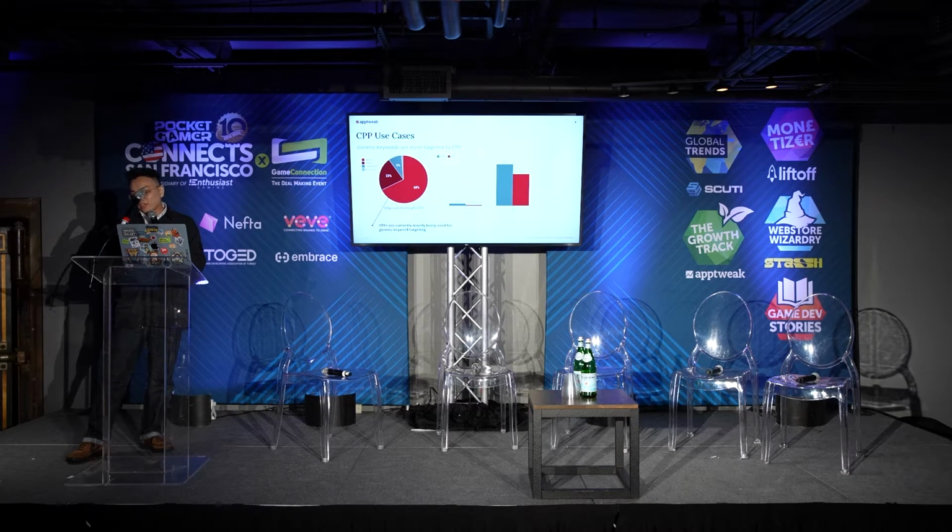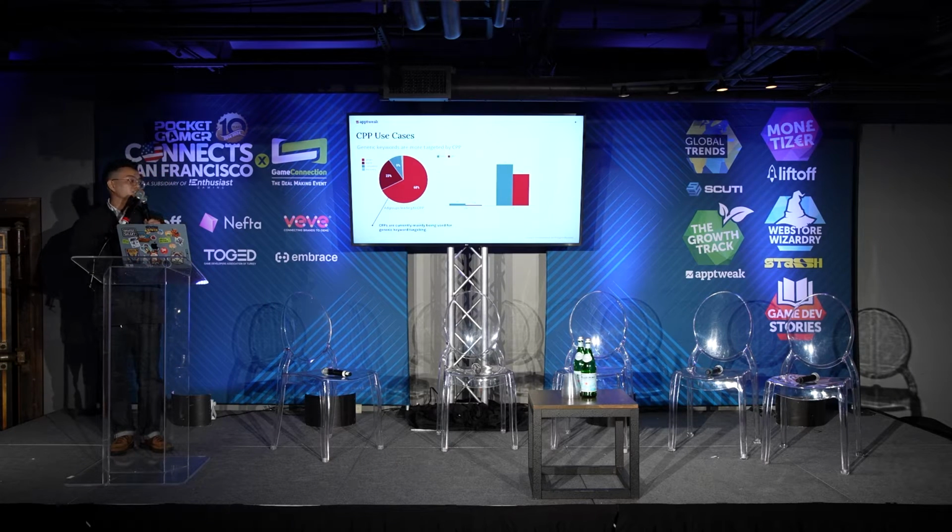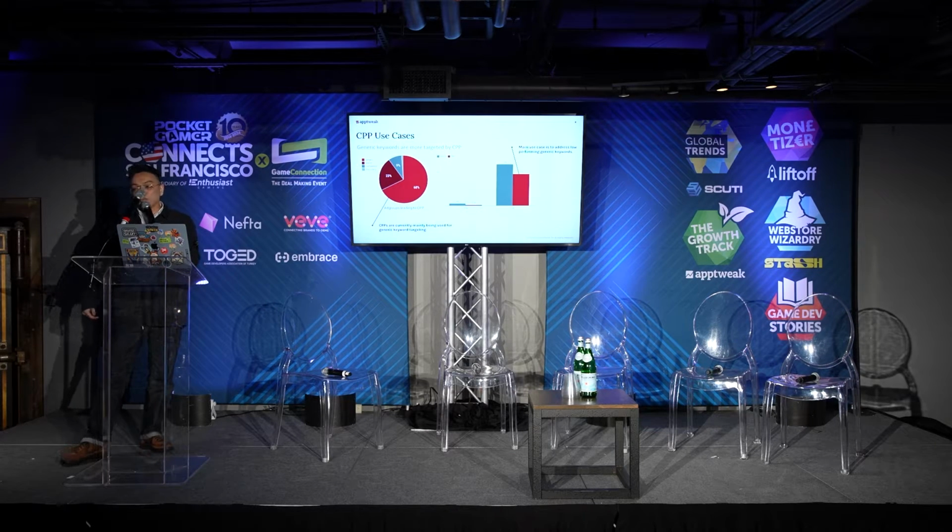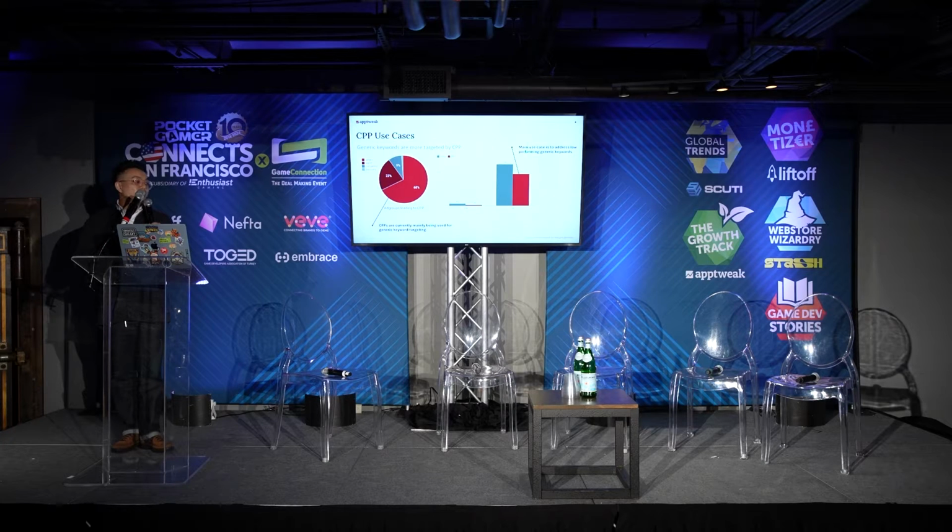But if you take a step back and look at the larger picture, the statistics actually make sense, because if you're using CPPs to target generic keywords, typically those generic keywords are lower performing. So when comparing the success of a CPP, it doesn't really make sense to compare it to the performance of your current default product page, but instead to do a pre and post analysis from when you implement the CPP.